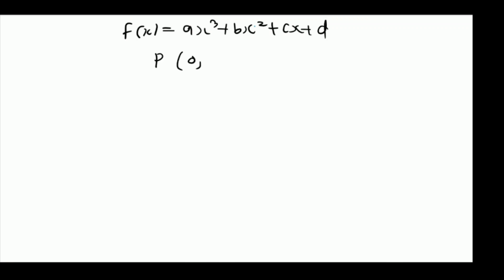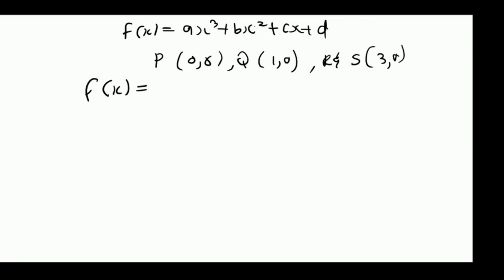So we have f of x equal to ax cubed plus bx squared plus cx plus d, right? And we are given points. P is (0, 6), Q is (1, 0), R and S is (3, 0). So for us to find the equation of this cubic function, we need to use this expression here,